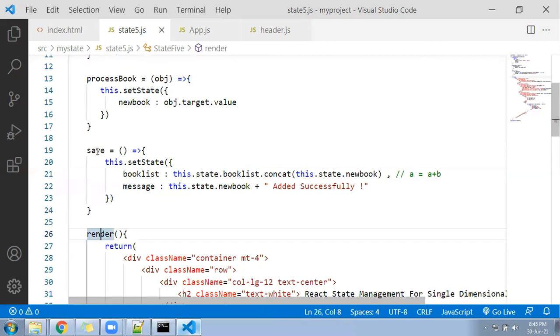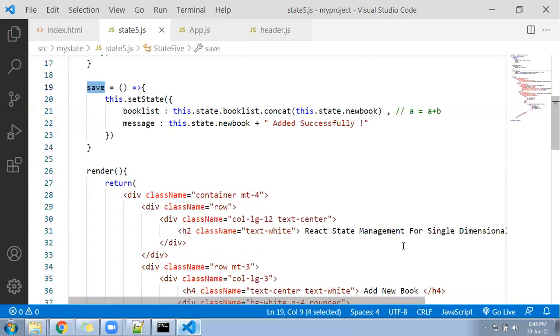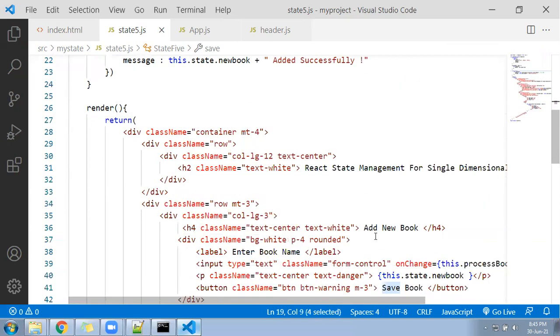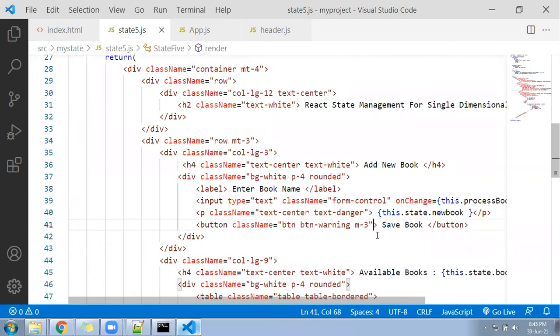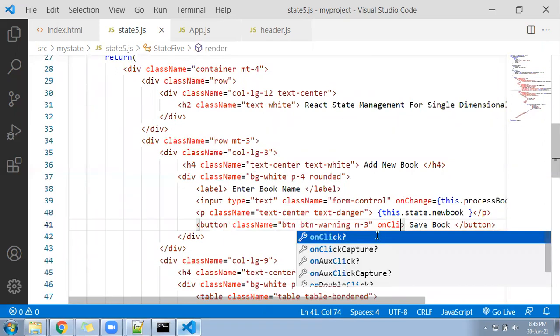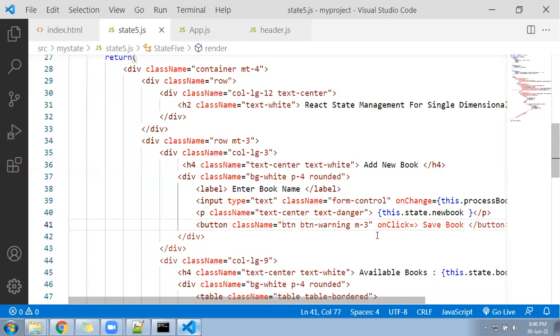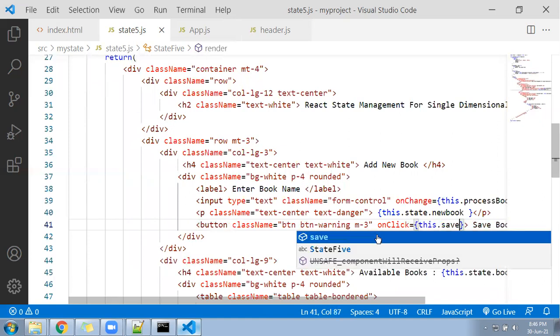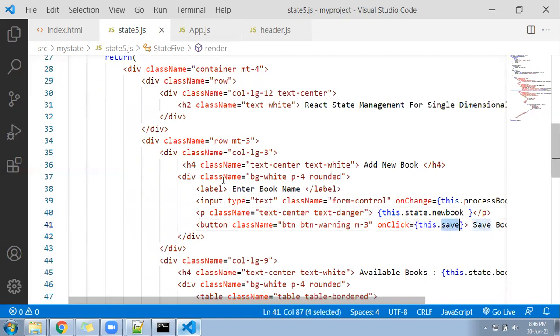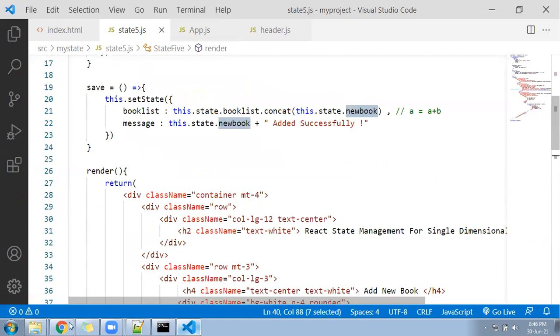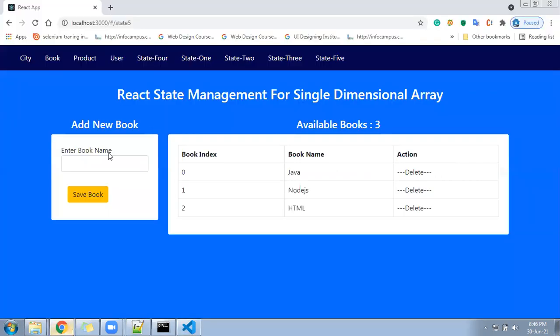Simple. Now this save function I will call here. Let me go to the button. I have a button here, on button click, onClick, I'll call this.save, right? So this.save function will take the value from the new book and it will pass to where? Book list. Let me go here and right here call Angular